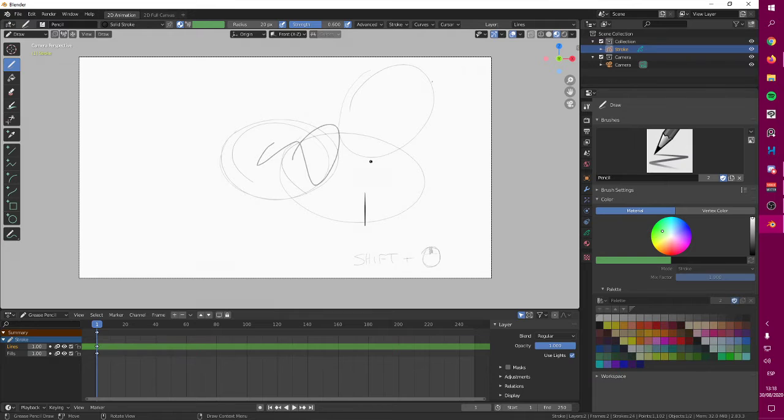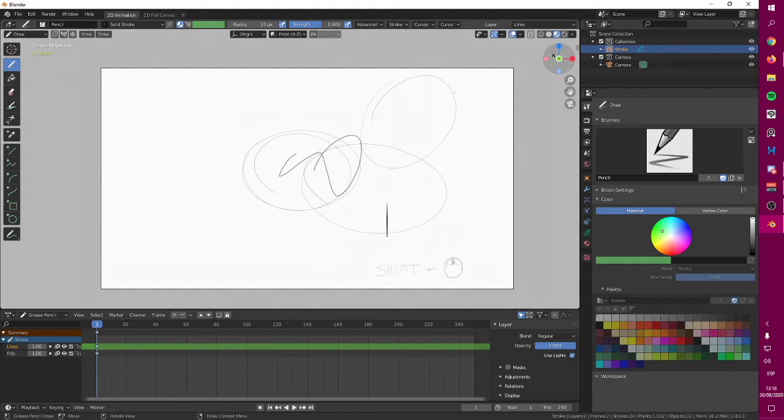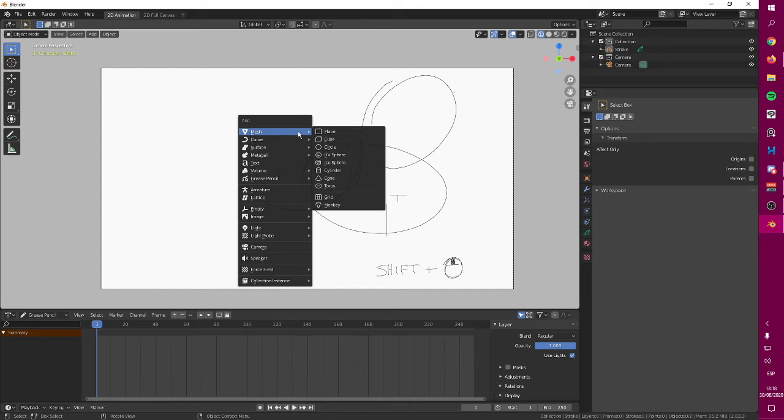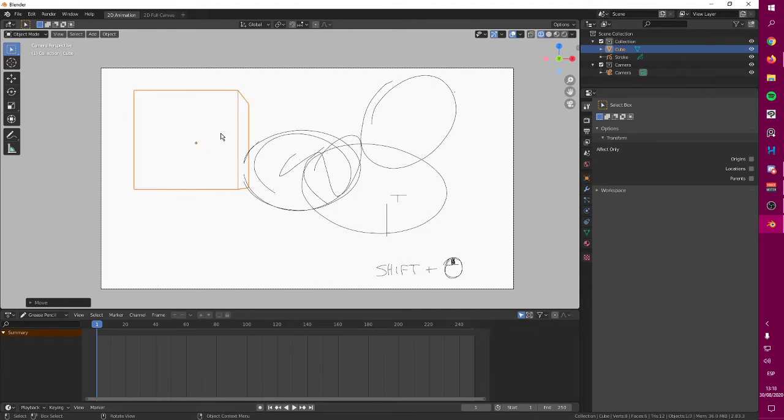So let me go with pressing 0. Let me go to my camera. And if I click on this one, the first one, if I had, for example, you're not going to notice this, but if I had a cube, let me quickly add a cube in here. Let me go on object mode, add cube.